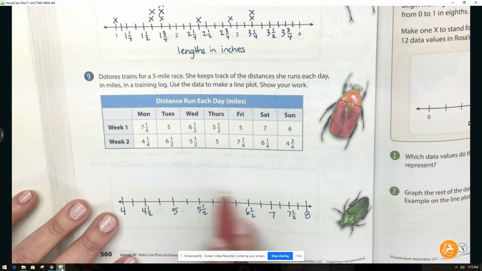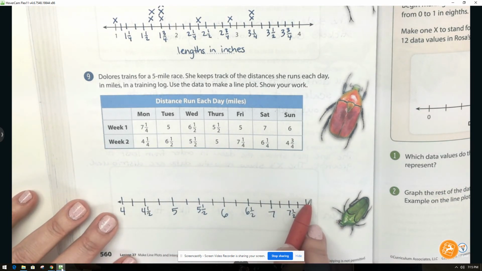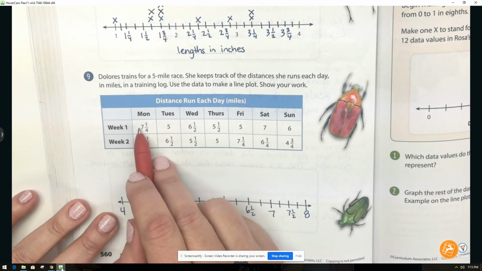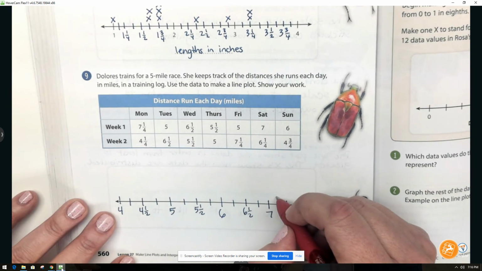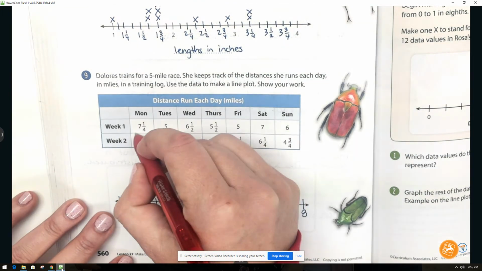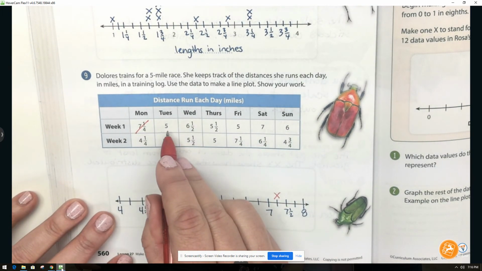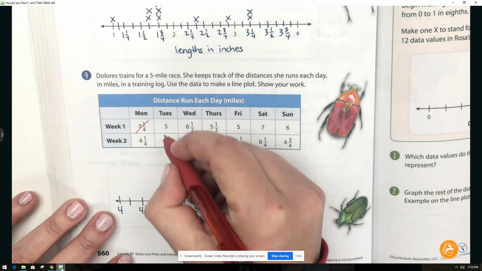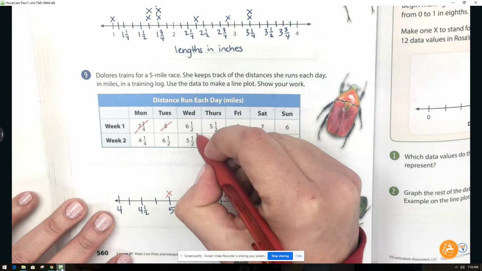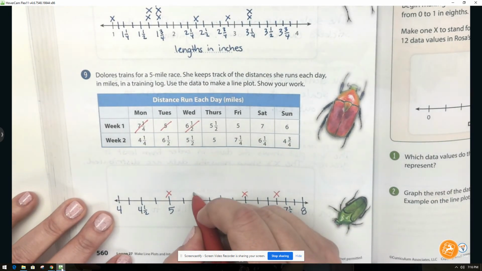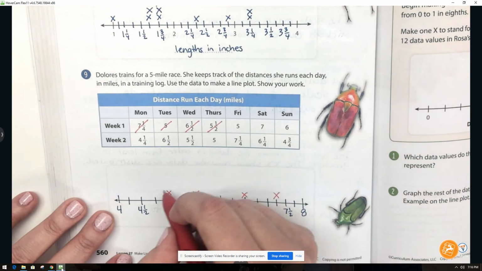So now that we have our number line labeled, we're going to go ahead and put all of these data points on the line plot. So 7 and 1/4. I'm going to come to 7. I know that this is 7 and 1/4 because I didn't label it, but I know that all of the ones that are not labeled on my graph are all fourths. So 7 and 1/4 goes here, and then I'm going to cross out 7 and 1/4. Then I have 5. 5 is here. Then I have 6.5, 6.5, 5.5. I have that labeled, 5.5,